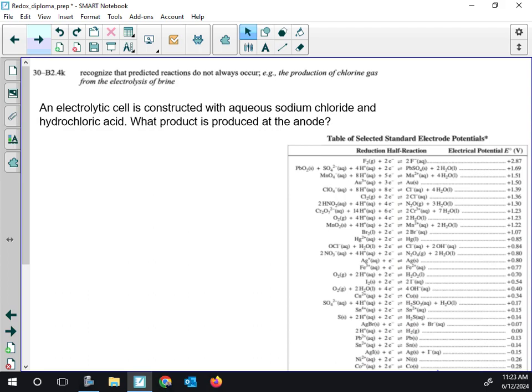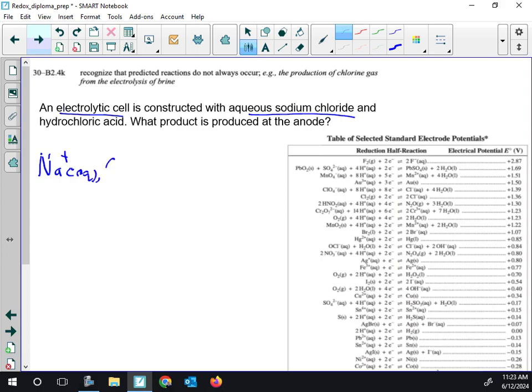An electrolytic cell is constructed with aqueous sodium chloride and hydrochloric acid. What product is produced at the anode? So this is an electrolytic cell, so you need to make a list and find your two winners. I'm going to start with aqueous sodium chloride and break that up. So we've got sodium ions, chloride ions,